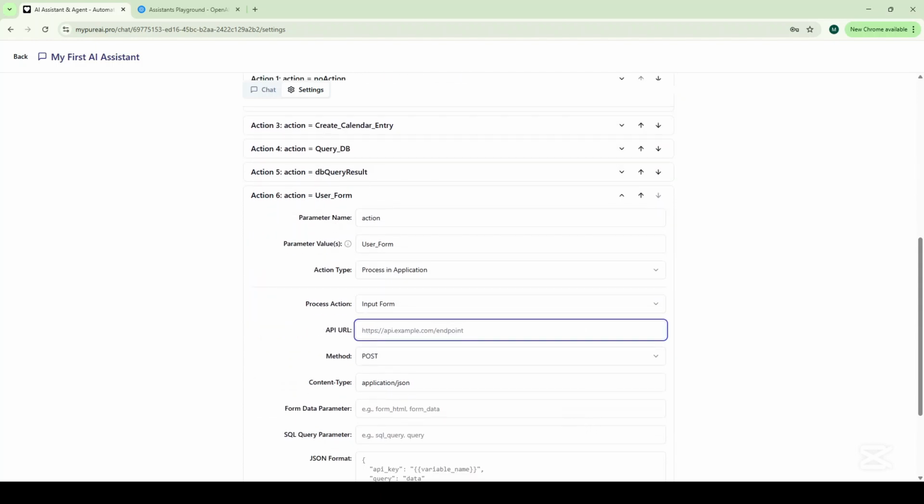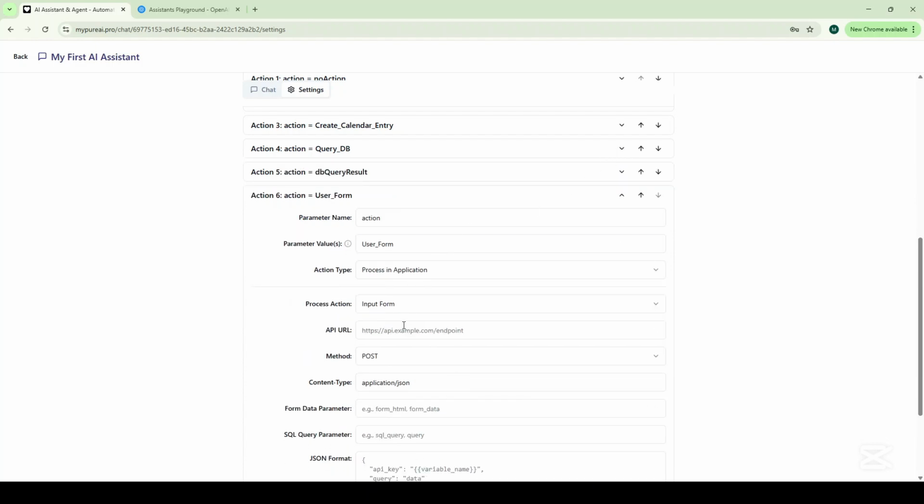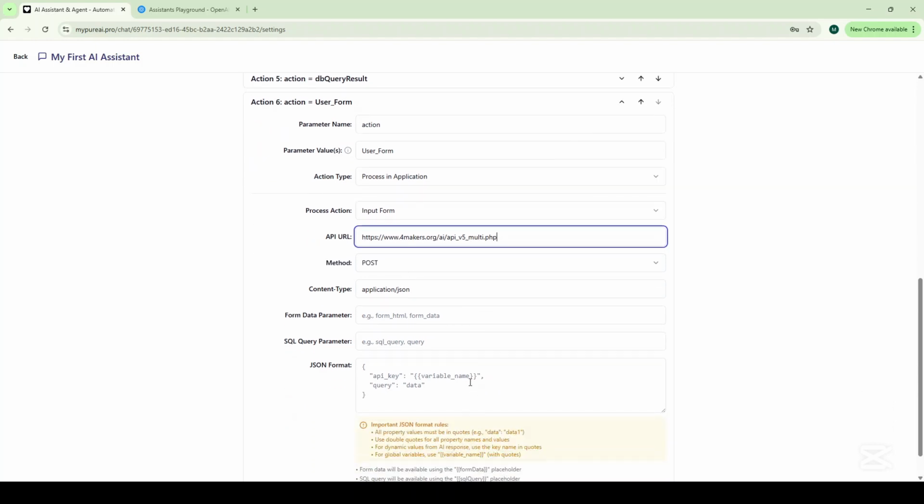Next, select Input Form. Then enter the API URL, the same as in the previous setup. Set the method to POST and the content type to application/JSON. Leave the form data parameter field empty. This field is used if you want the AI assistant to generate the form dynamically, including layout and formatting. In such a case, you would insert the name of the parameter received from the OpenAI response JSON. However, in this case, we'll create the form directly via Your Pure AI, so we'll leave the form data parameter